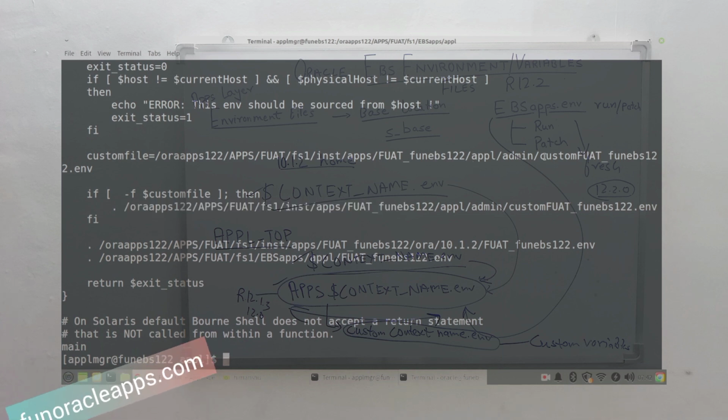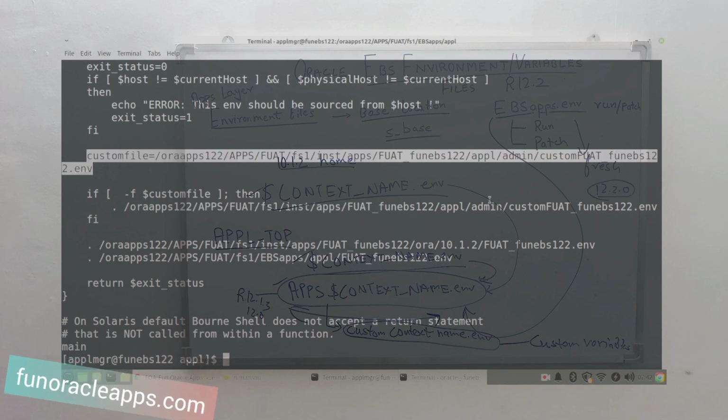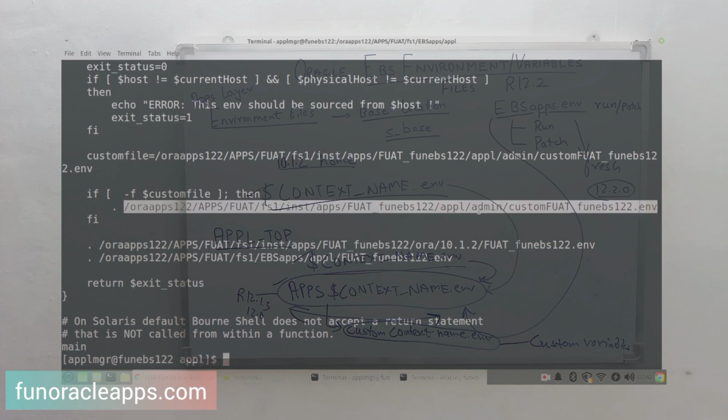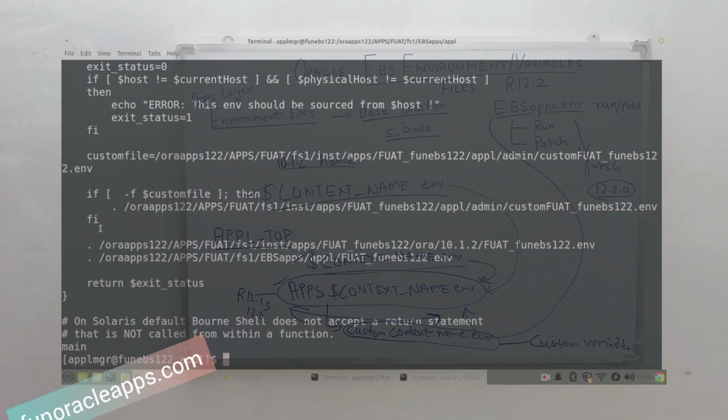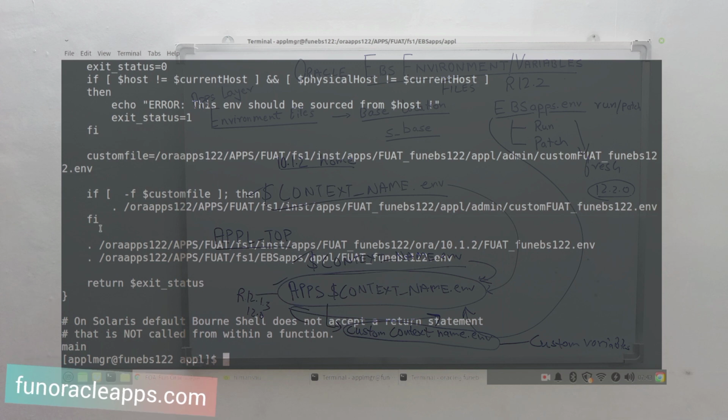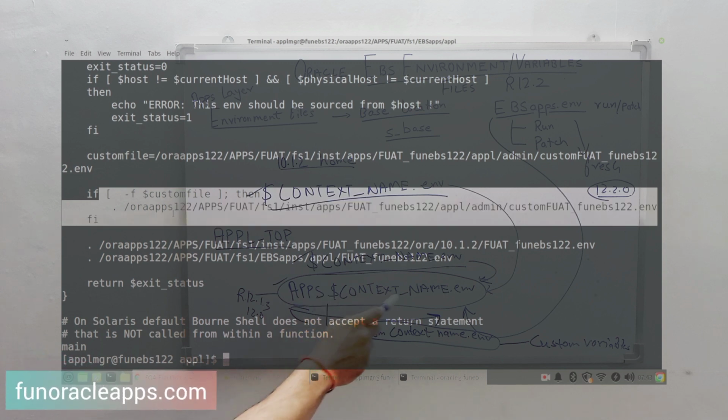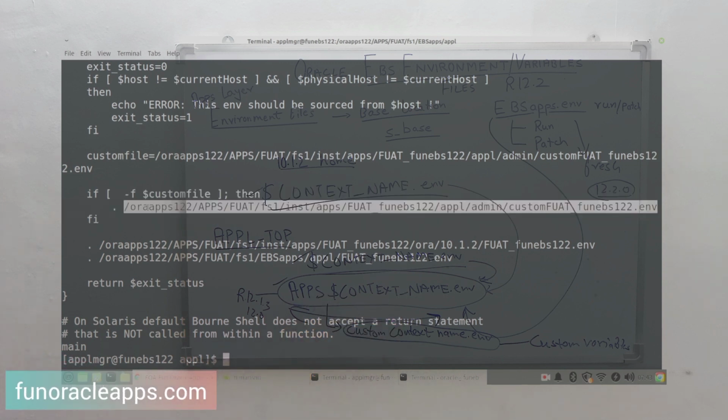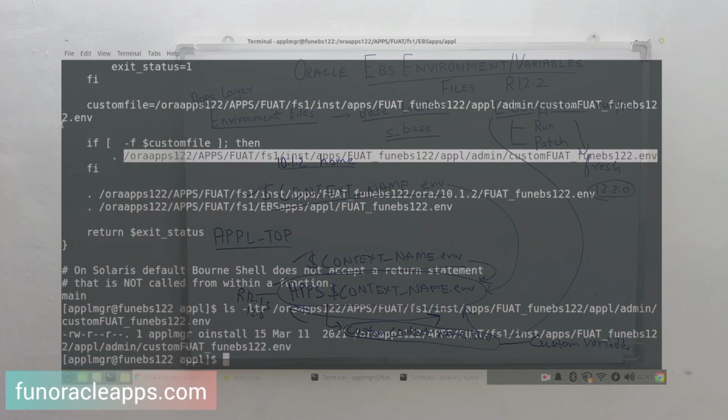By default, this is the location in your FS1 instance of APPL admin, where you can create a custom environment file. Once you create it, it will automatically source it. See, in the main wrapper apps context name.env, it is checking whether this file exists or not. If it exists, then only it will source. If it is not there, it will not source.